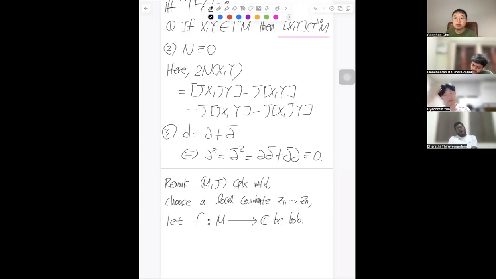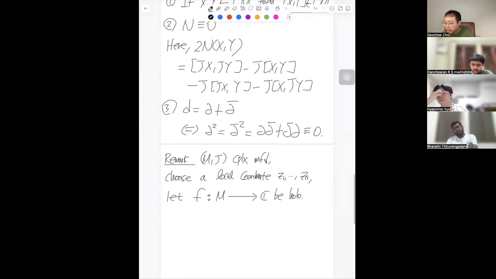We know what a holomorphic map is. It just satisfies the Cauchy-Riemann equation for sure. In fact, this condition is an if and only if, because when we proceed with the calculation, we already choose the local coordinate. So this condition is the same as saying that if you take the differential,